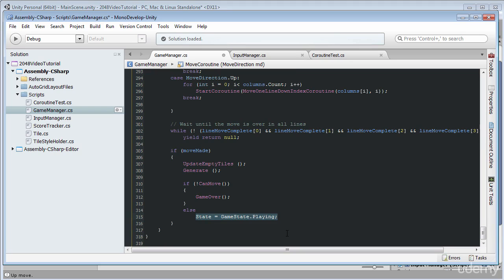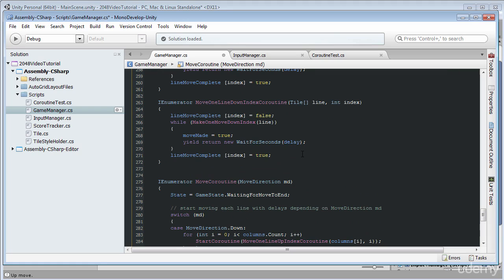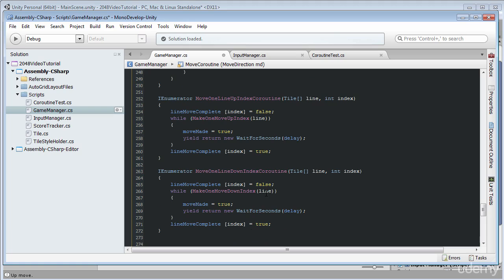And the only thing that we have left to inspect are these methods move one line up index or move one line down index coroutine, and so there they are, and they are really short. And we can see that for coroutines we can also have arguments like for methods, and these coroutines both take 2 arguments. First argument is our line of tiles that might be 1 column or 1 row, and the second argument is this integer index,